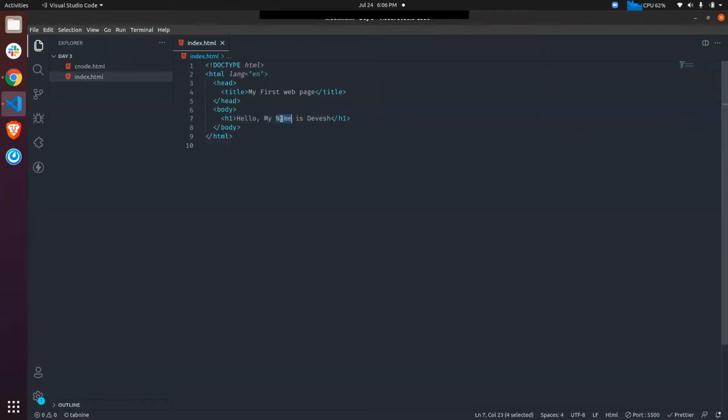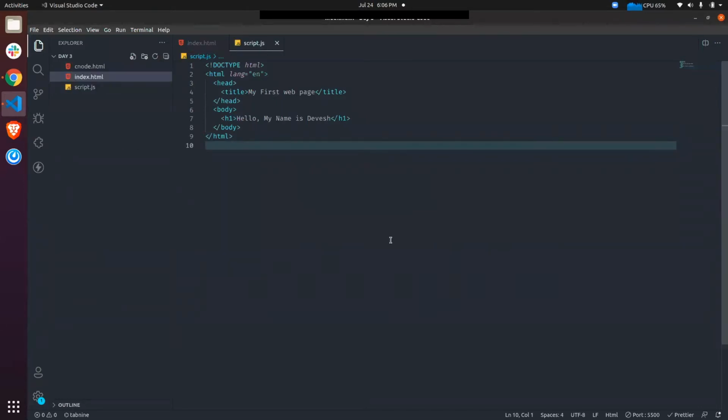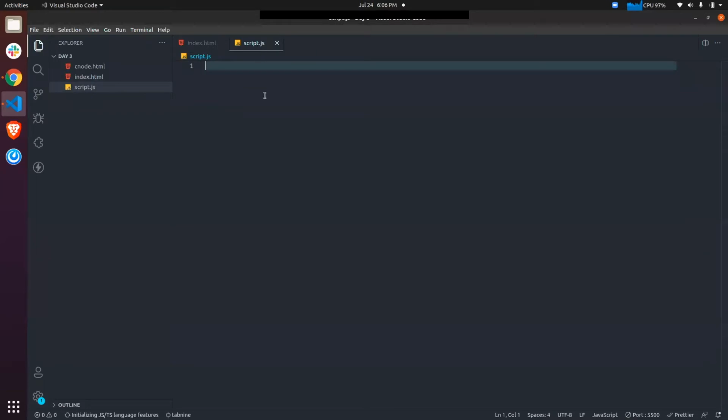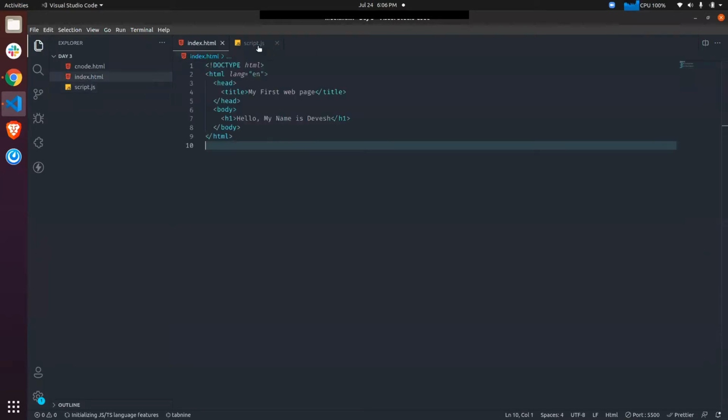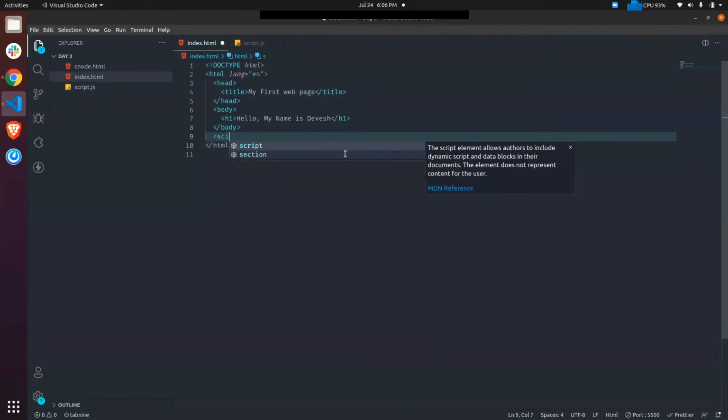If we now want to apply JavaScript here, I guess Adin gave you a basic rough idea, an overview, of how to add JavaScript. But let's have a look at that. Before that, let's create another file called script.js. This will be our JavaScript file, and to include it in our HTML page, we can either include it inside head or somewhere below the body.